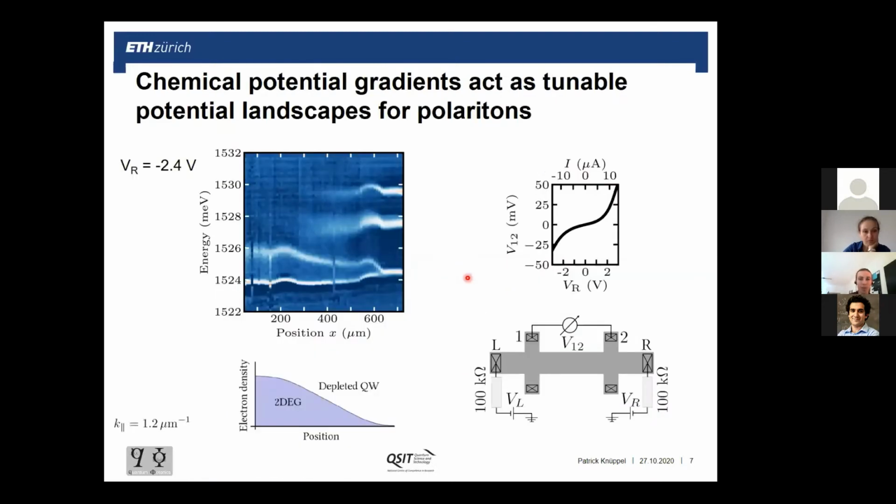Now comes the main ingredient for our work. If we now apply a bias voltage, which is outside of the linear response regime of this transport characteristic of our 2DEG, we create an electron density gradient. So we're able to create an electron profile of basically controllable shape across the whole device. And then optically, we can verify this by scanning across the device and seeing that, on this right side where we apply the negative voltage, all the electrons are evacuated.